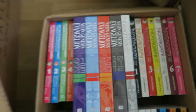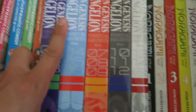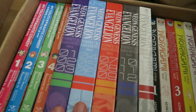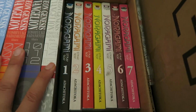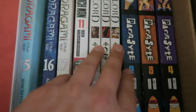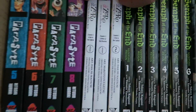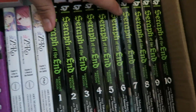Moving on to the 7th box here, which is a bit bigger, we have My Youth Romantic Comedy, Neon Genesis Evangelion, but this one is like, I guess, a collector's set. We got the full Noragami set up to 18, One Punch Man 11, which is new, Overlord 1 to 3, Parasyte 2 to 8, because we have number 1 at home, the 3 Re:Zeros that have been released,